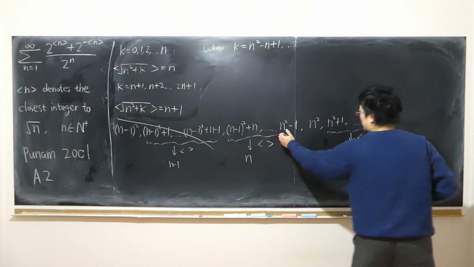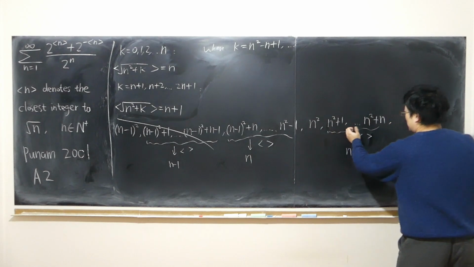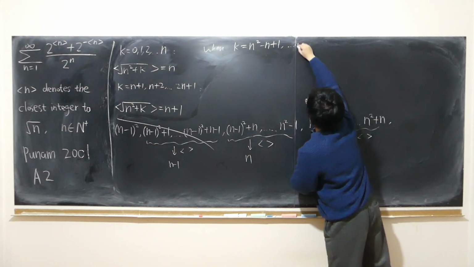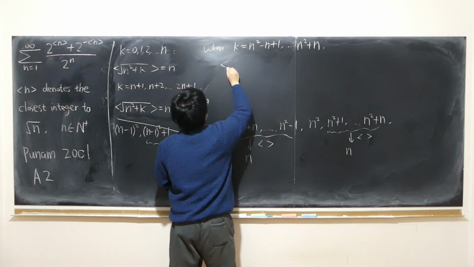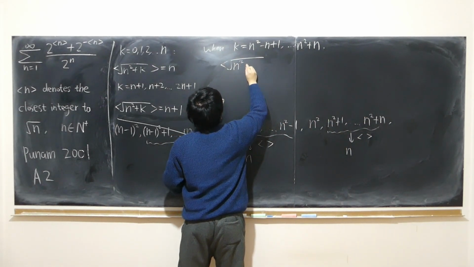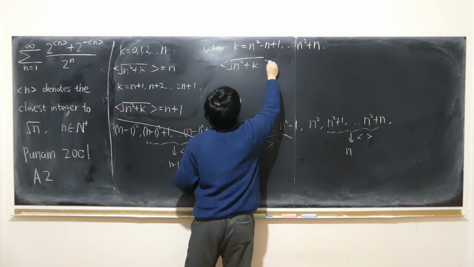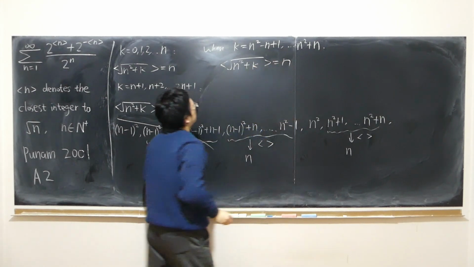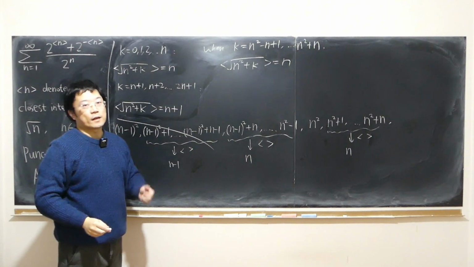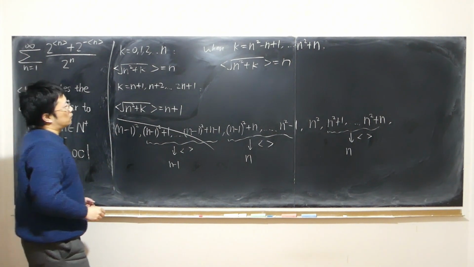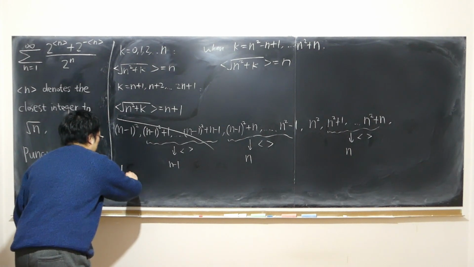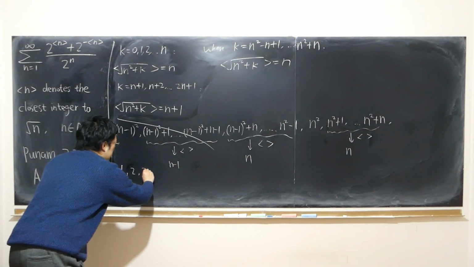So on and so forth, including this one, up to this one. That's when the closest integer of the square root of such a form is equal to exactly n. Right? For some fixed n. So when you write down more details,